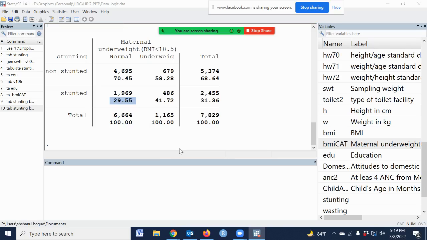Is it normal or standard? Normal means maternal BMI is normal and the other is maternal BMI is underweight. Faisal, maybe there is some noise from your side. Can you please turn off your background sound or TV, etc.? Okay.